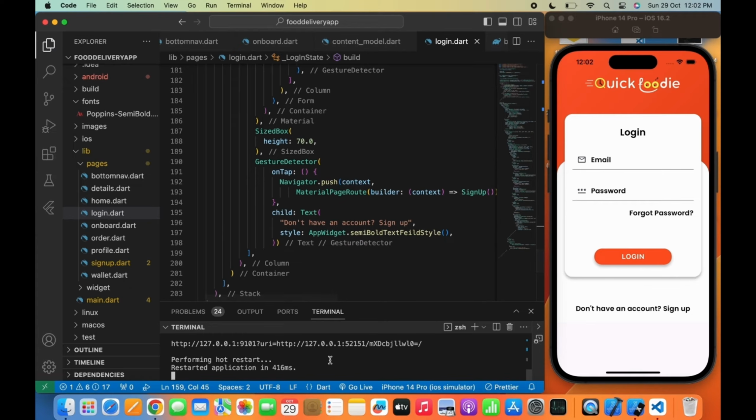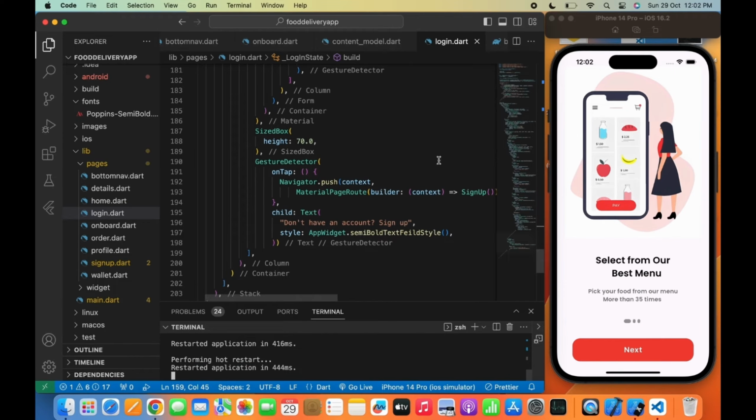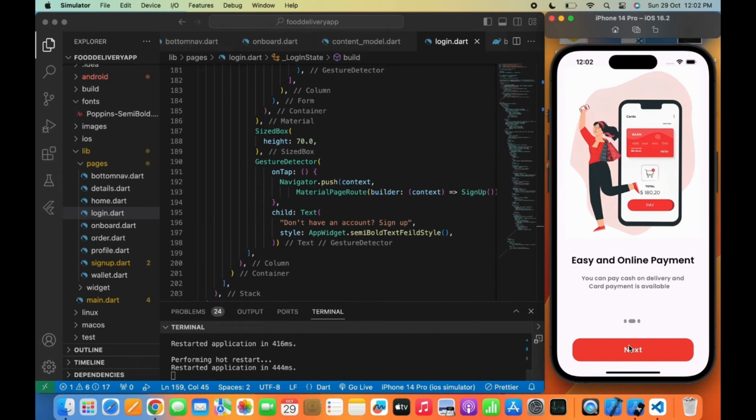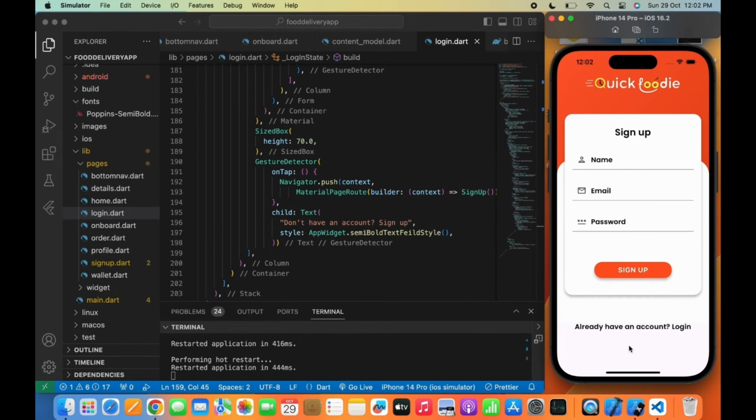Now we'll hot restart it again and we click on next, again on start button. First I will create the account using the sign up page here and will use the same account to log in into the app. So here I will create a username Shivam Gupta here and will pass the email Shivam456 at the rate gmail.com and will pass the password and click on the sign up button and will wait